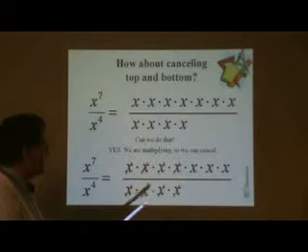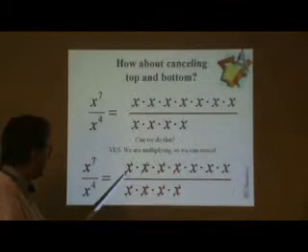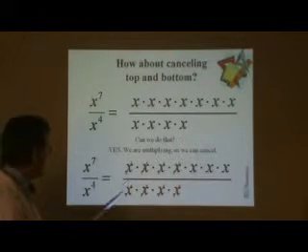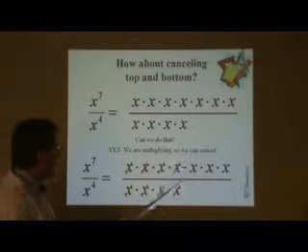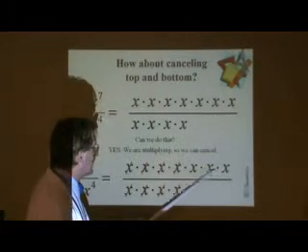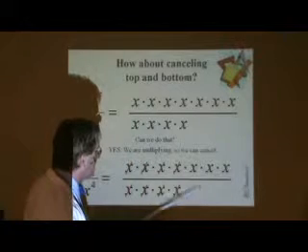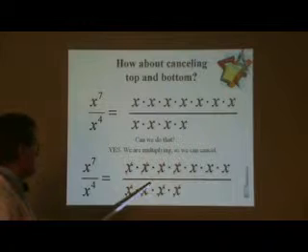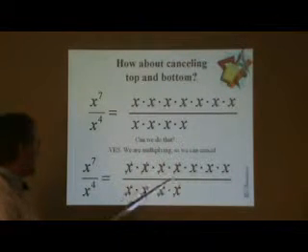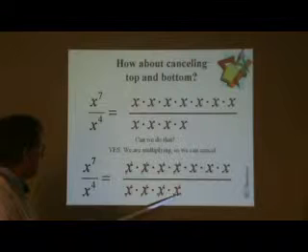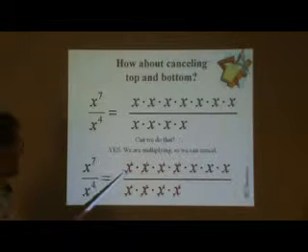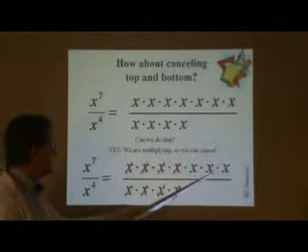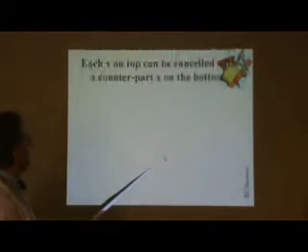Be careful when you're simplifying though. If you're going to cancel something top and bottom, you need to make sure that they match exactly top and bottom. I can't cancel these x's here because there is no counterpart to them on the bottom. So I will be left with some x's. Guess what? That's exactly what the rule says I should be left with. I cancel 4 x's. All the x's on the bottom are gone because they got canceled out with 4 x's on the top. What is left over? I have x times x times x. That is